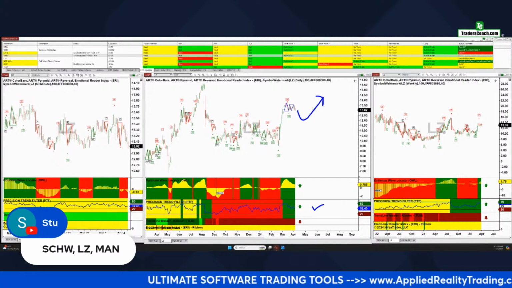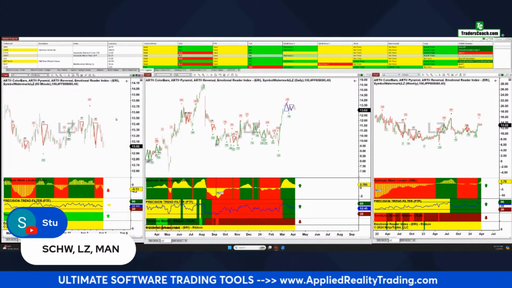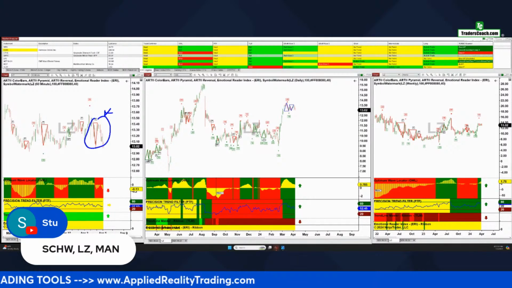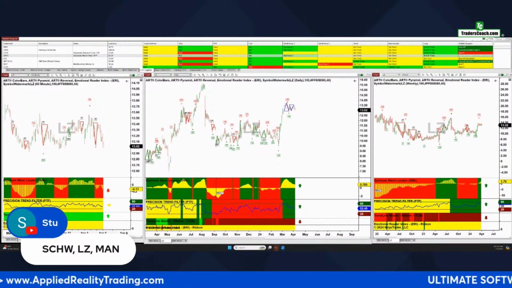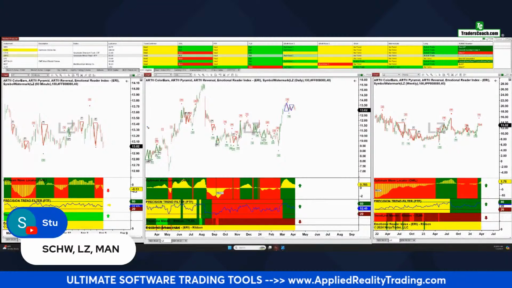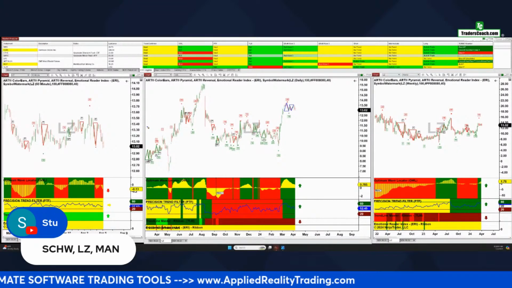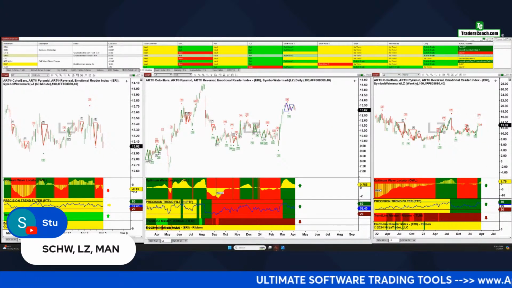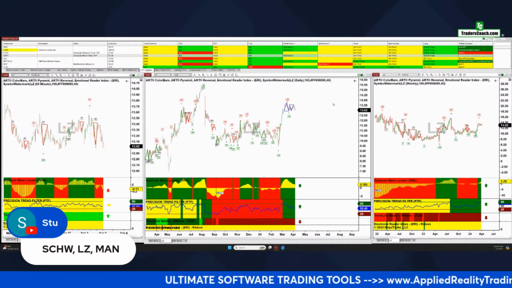So let's look at the lower time frame, see if that helps us. All right, so we have a bearish pyramid active here. So that's a no-go. You've got to wait for the lower time frames to get in better sync. So you may pull down to $10 on this before it actually goes back above the high that we're looking for it to go above on the weekly chart. If this stays green and we get a turnaround here on the lower time frames, I'd be all over that. So let's put this one on a watch list.